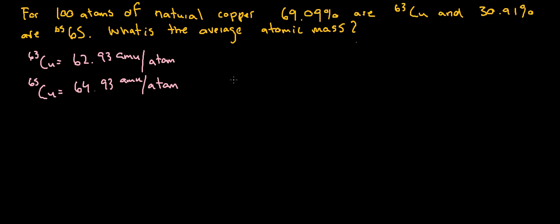And this is exactly the same problem as the one above. I'm going to convert these to a percent. So I have .6909. Convert these percentages to a decimal, or I could just do it the other way. I suppose I did it the decimal way the first time. I'll do it the other way the second time. So if I have 100 atoms that go by, 100 atoms of natural copper. So for every 100 atoms of natural copper,